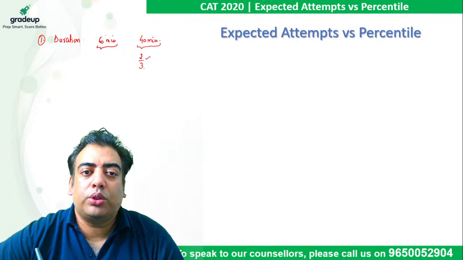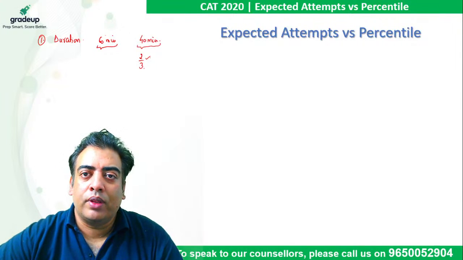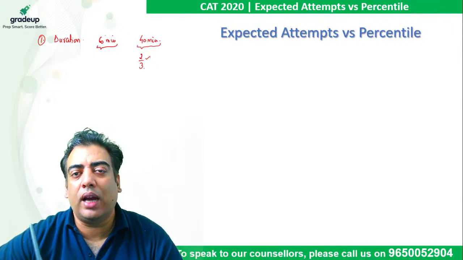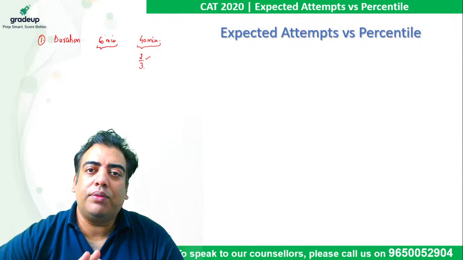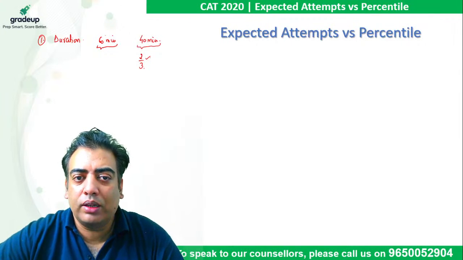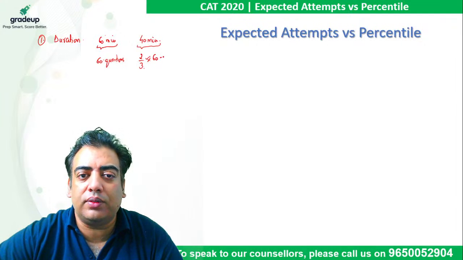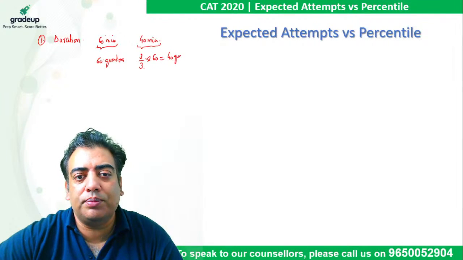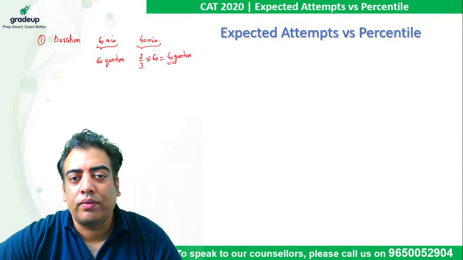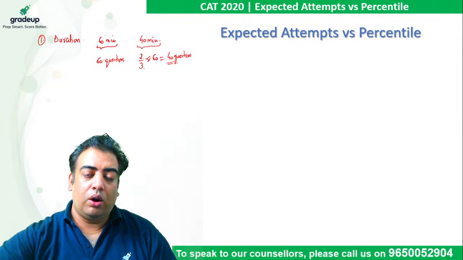All right. So if you are working strategically by solving easier questions first and then moving on to moderate and then higher difficulty level questions, whatever your capacity was of solving questions in 60 minutes, that will be reduced to 2/3. So if you can solve, let's say, 60 questions in 60 minutes, now your capacity will be 2/3 of 60, which is going to be 40 questions because the time frame has reduced. All right. So first of all, we need to focus now on duration.